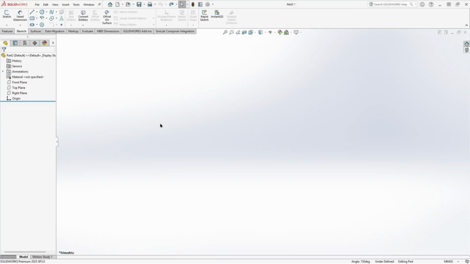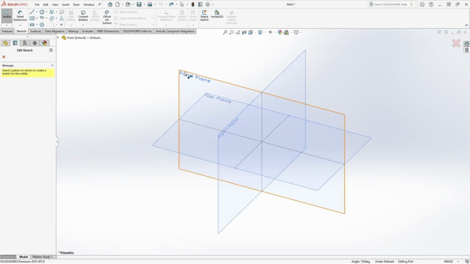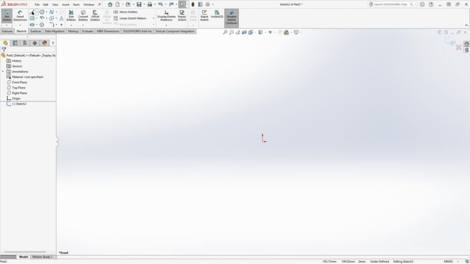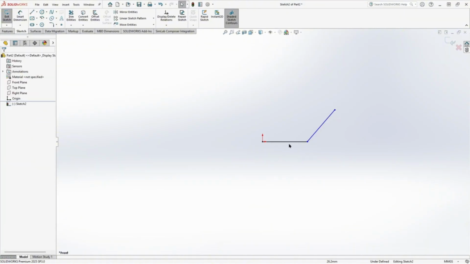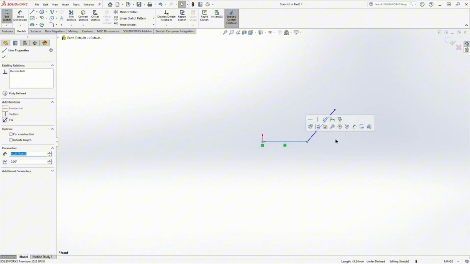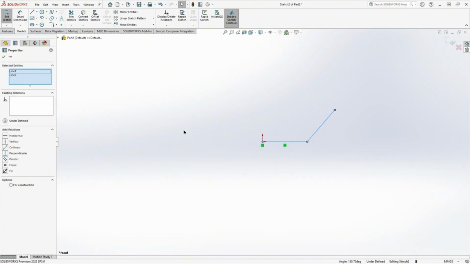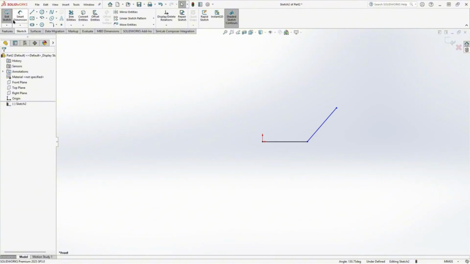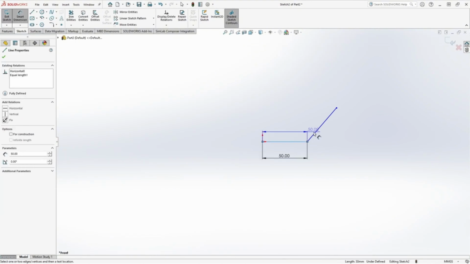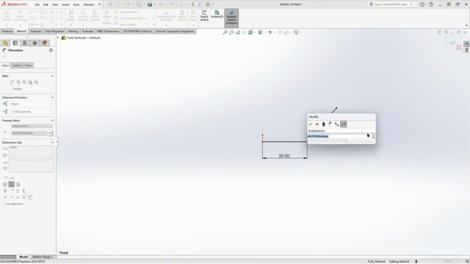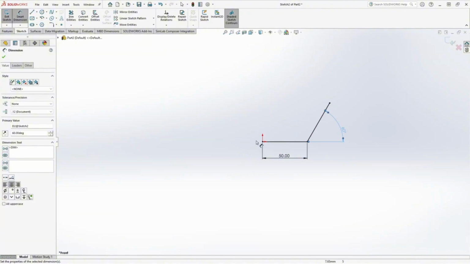So open SolidWorks and go to Sketch, select the front plane, select Line, click here in the midpoint, make a line here and another one here, and select this line, hold the Ctrl key on the keyboard and select this one, and select Equal and press OK, and go to Smart Dimensions. The length here is 50 millimeters, and the angle between these two lines is 60 degrees. Okay,